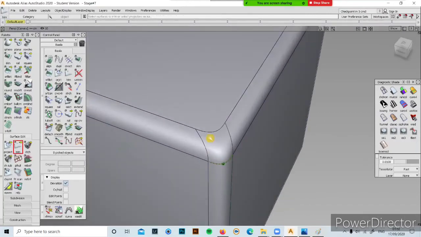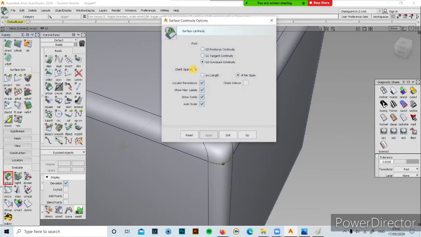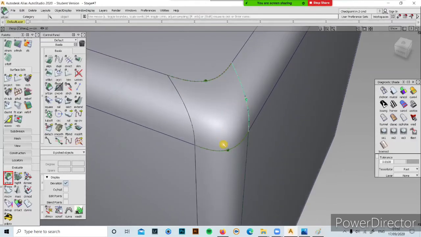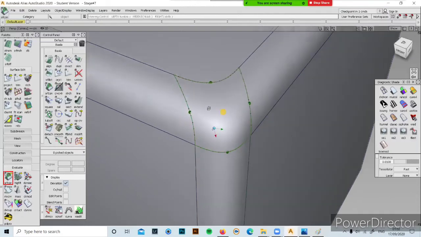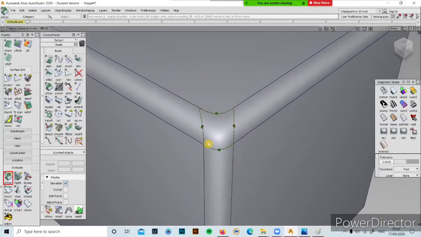Okay, now the continuity over there. You can see the tool, you have evaluate, right? You'll have surface continuity checking. If you just double click it, you will have curvature continuity, tangential and position. You just click on this, click it, you have the continuity. See, you got the continuity. So nothing but just clicking over all the corners, you will get the continuity. So this is how you bring a continuity in Alias. Any doubts?